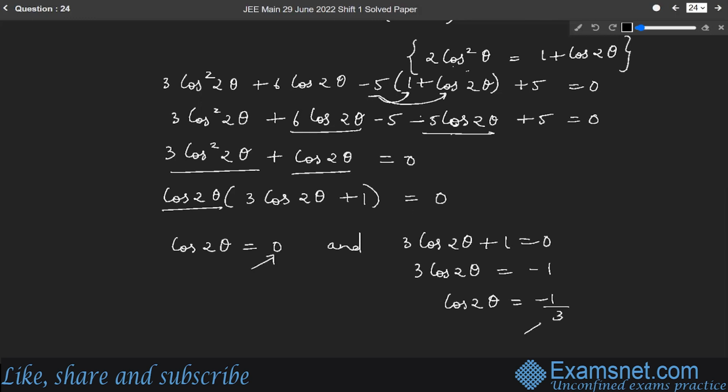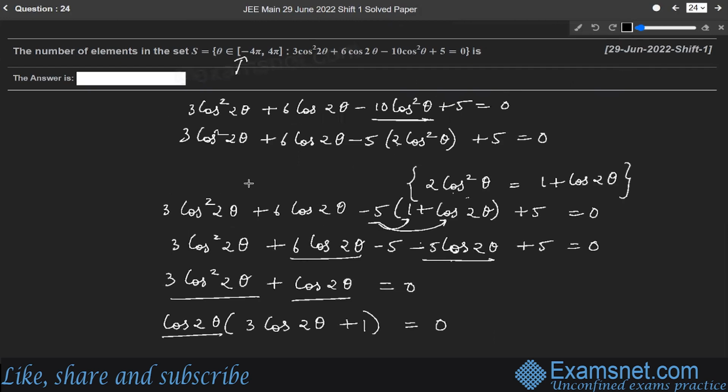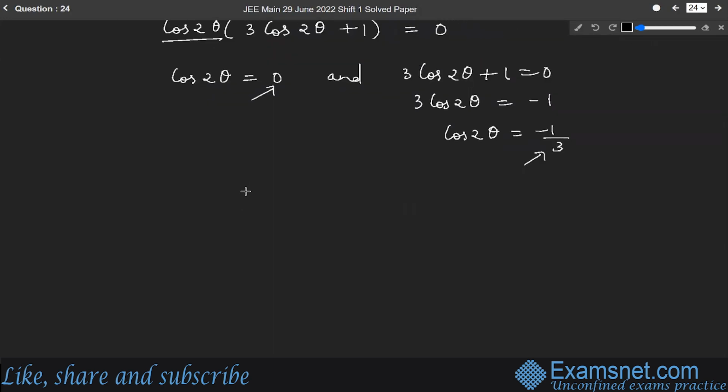First value is 0 and second value is minus 1 by 3. Okay. Now let us focus on the question. In the question, it is given that theta belongs to minus 4 pi and plus 4 pi. Okay. So theta belongs to minus 4 pi and plus 4 pi. But we have cos 2 theta, right? So if theta belongs to minus 4 pi and plus 4 pi, then what will be the range of